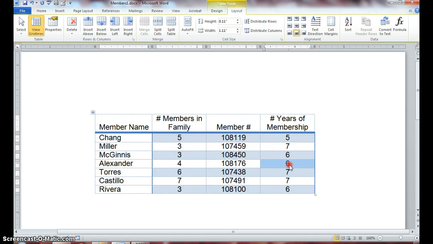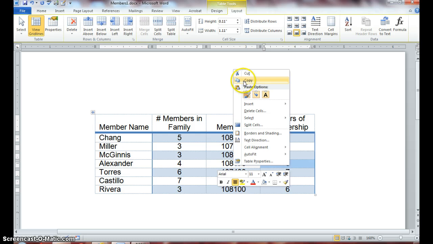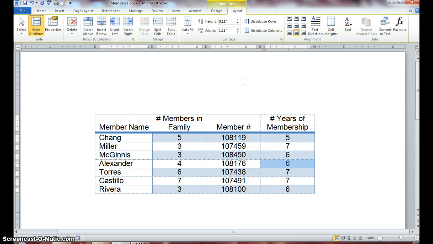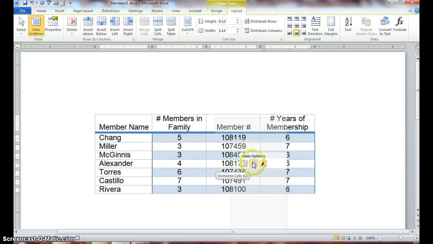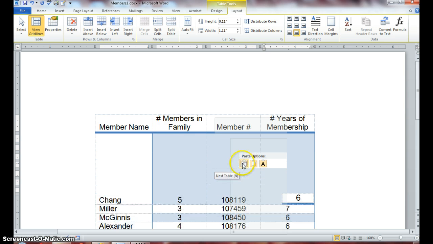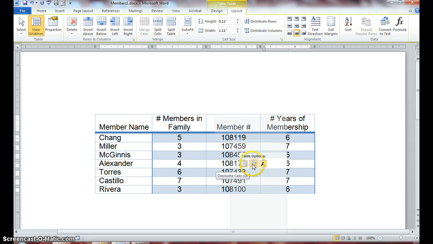right click on the number 6 to copy, and in the second row, which is chained, in the fourth column, select the number 5 right here, right click, and we want to select the paste option, keep source formatting button. So right here are our paste options. You want to scroll over until you get the screen tip that allows you to